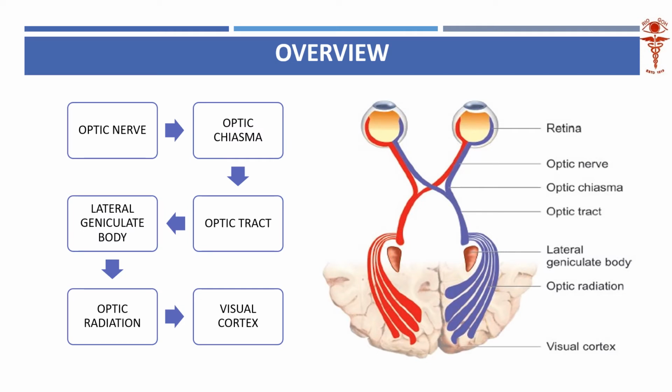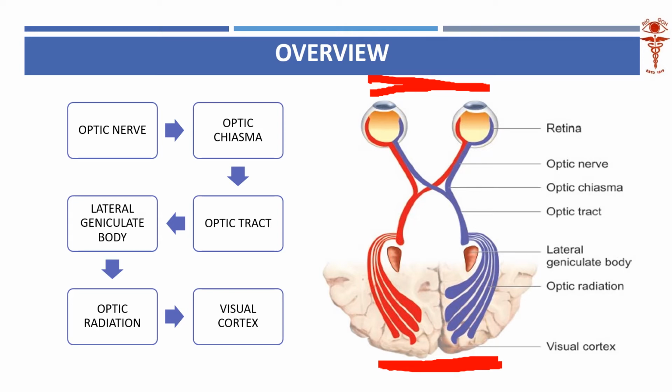When we take an overview of the visual pathway, we should understand that nature has put the eyes in the front of the skull, and the occipital cortex is in the back of the skull. That itself is very funny. The front of the brain has the eyes, and the back of the brain has the cortex. So literally there is a journey across almost the whole skull.